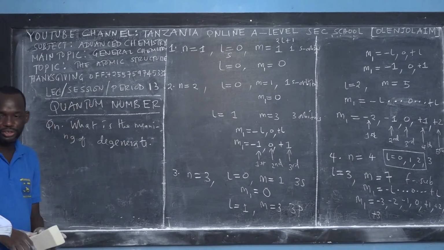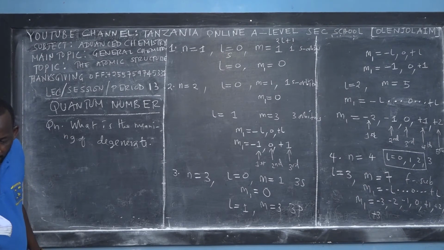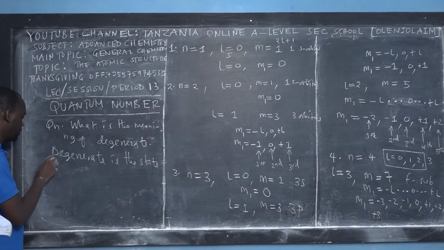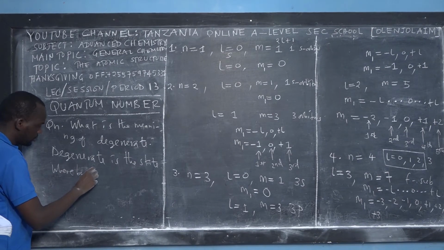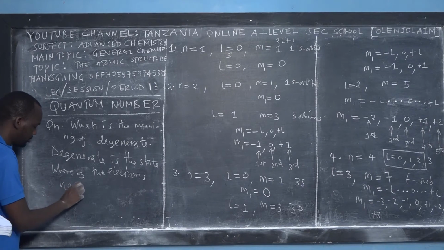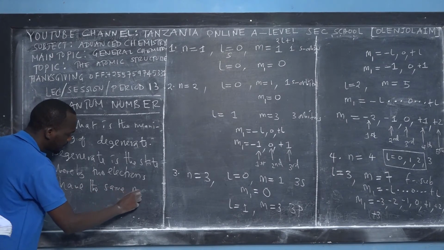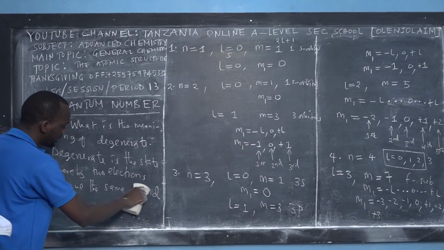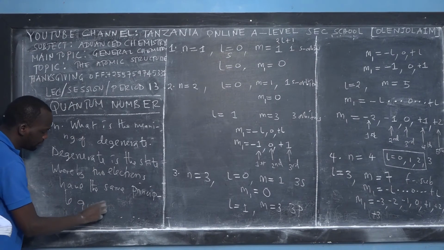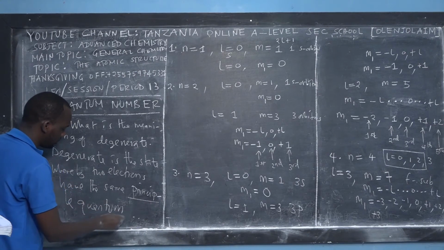So degenerate. What is the meaning of the word degenerate? By definition, degenerate is a state whereby two electrons have the same principal quantum number n, the same principal quantum number n,